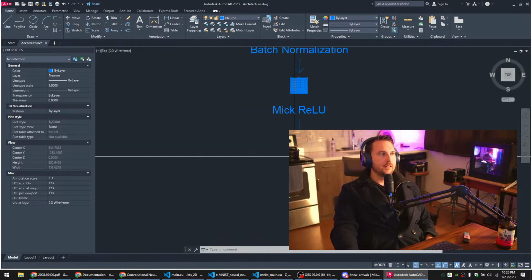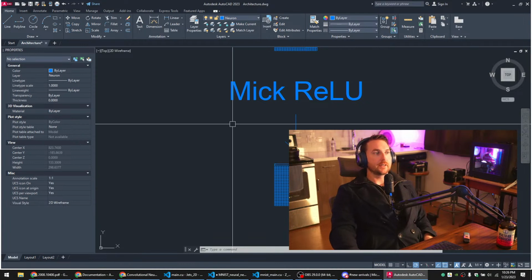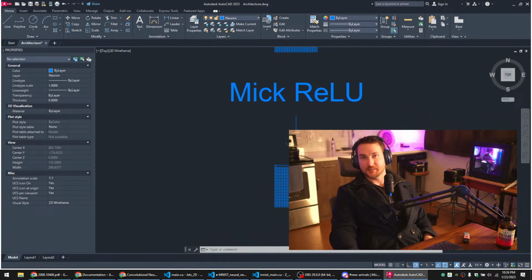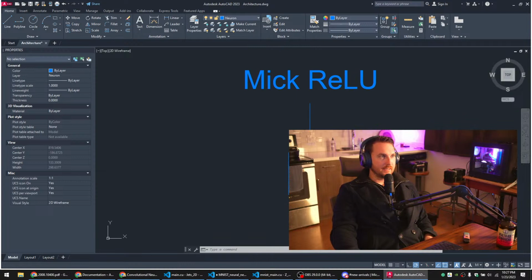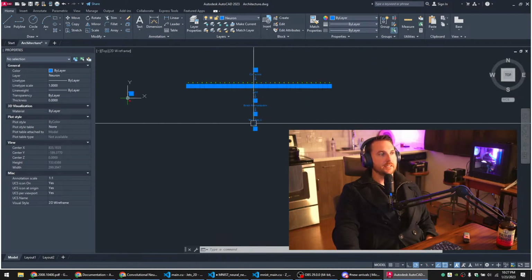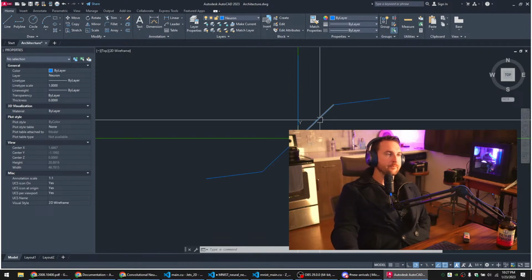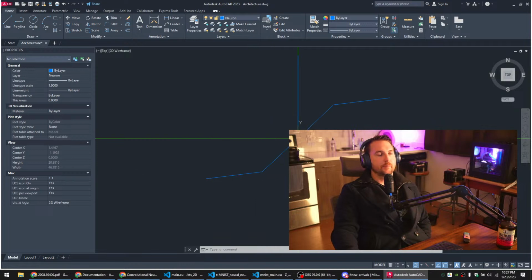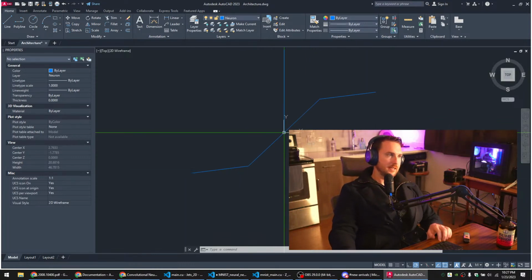And then for our next step, this is all considered part of one layer. We'll have a ReLU activation, and we're using a custom one that I want to try. I made it up, so it's named after me. It's the Mick ReLU. With this ReLU, what we'll do is we'll take the output of each neuron, and if that neuron is between -1 and 1, it'll just keep its same value. If it's over 1, then we'll give it a small slope, and if it's less than -1 too, we'll also apply the same slope to it. So I'll show you